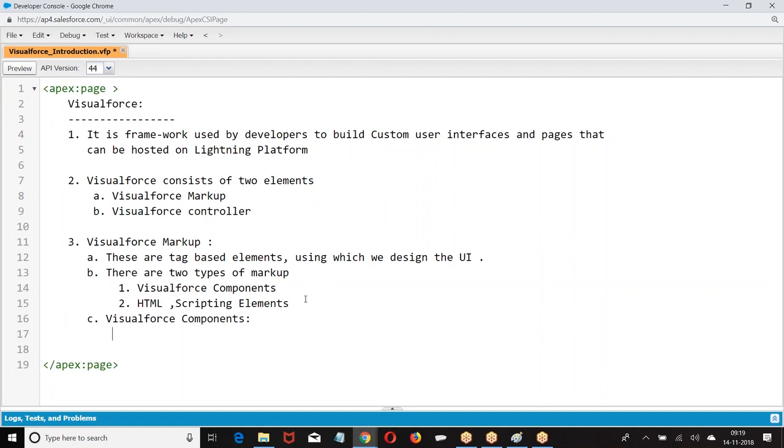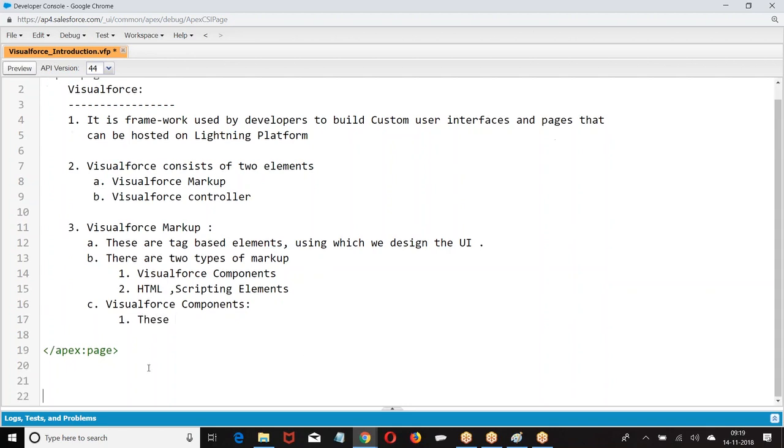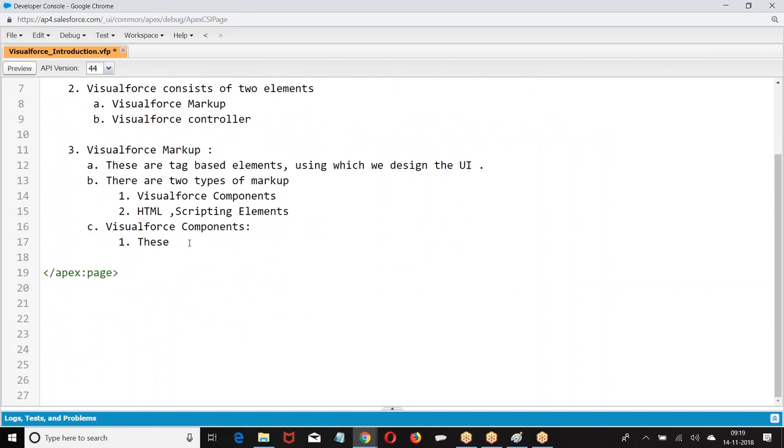Visualforce components are standard components designed by Salesforce to support creation of rich UI.